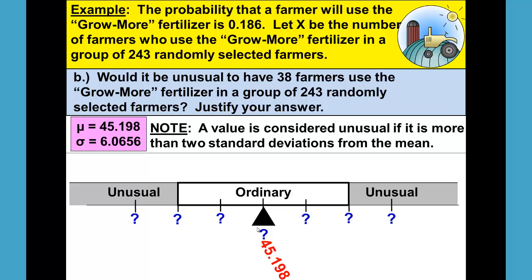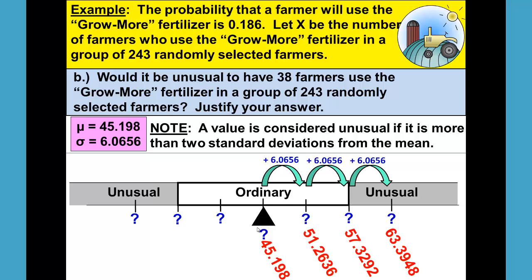Using the standard deviation, let's count 3 standard deviation jumps in both directions. Adding the standard deviation of 6.0656 to the mean gives us 51.2636. Adding the standard deviation to that number, we get 57.3292, and adding the standard deviation one more time, we get